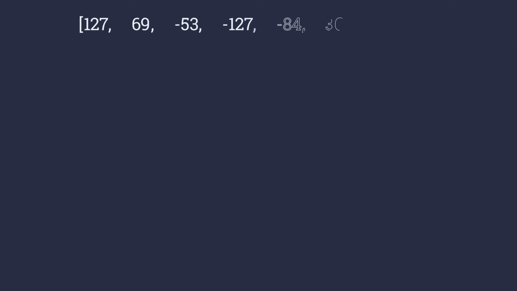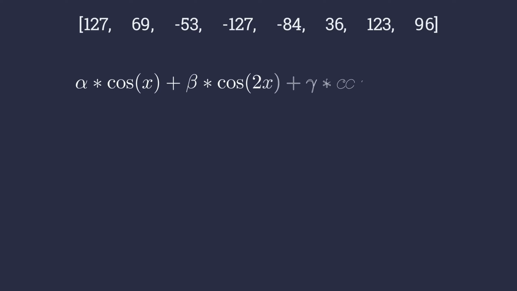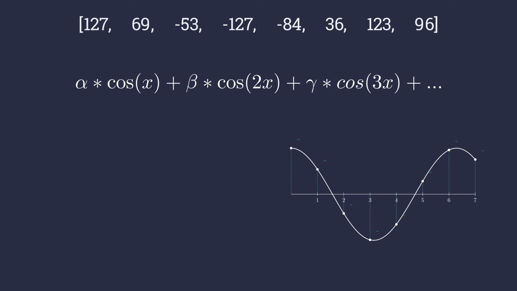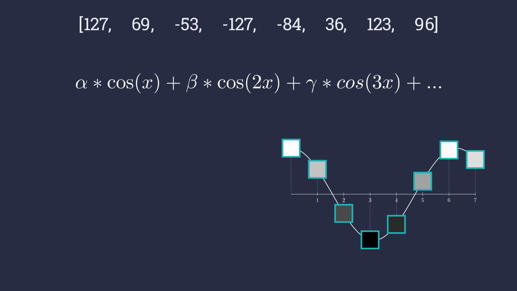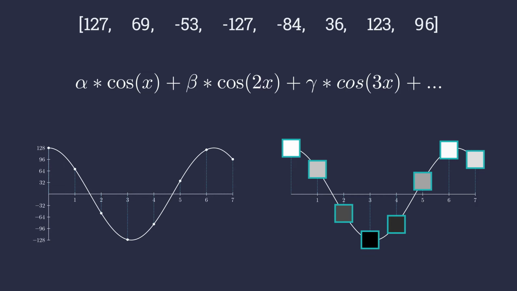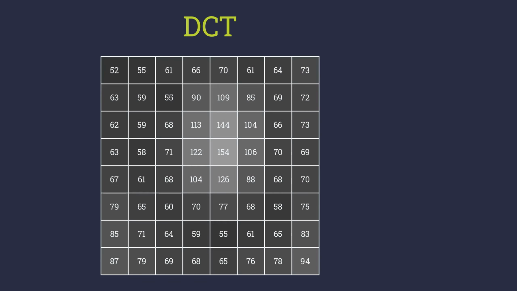For a given array of values, can we express all the values as a weighted sum of different constants, that is in this case equally sampled cosine waves? When I say equally sampled, we take points at a constant interval. For example, the samples of cos 1x look like a smooth descent from 1 to minus 1. This is the basic idea behind the discrete cosine transform.